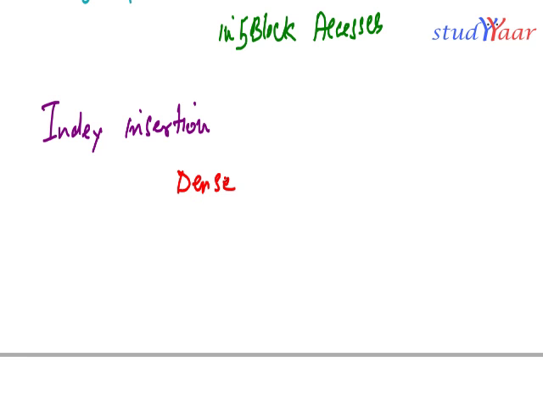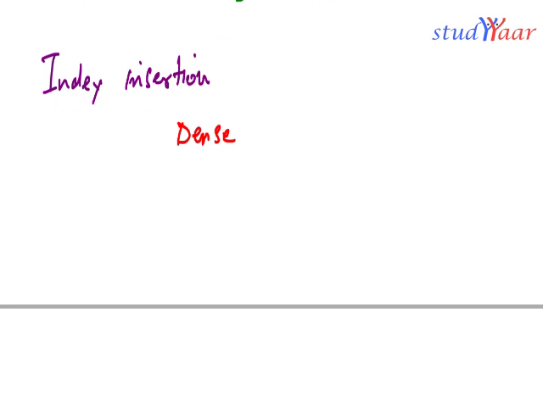A dense index has an entry for every search key value. So let's suppose there are two cases here. If the entry is present in the index, then